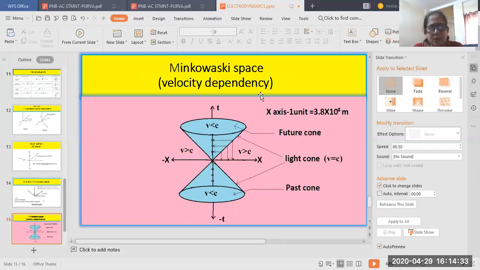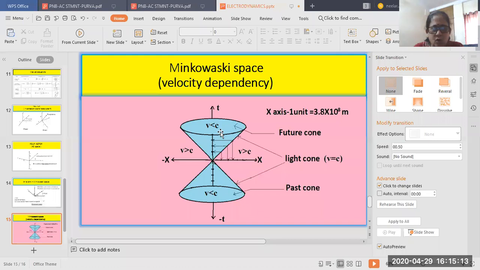Photon, it is moving. So now you draw a cone. This is the cone drawn by Minkowski. So this is for photon, light. That is why this is called the light cone. So light cone means what? This is the trajectory followed by the photon when x is positive, t is positive. If x is negative, t is positive, come back in the negative direction. If x is positive, t is negative, this is the trajectory followed by the photon. Similarly, both are negative, this is the trajectory.